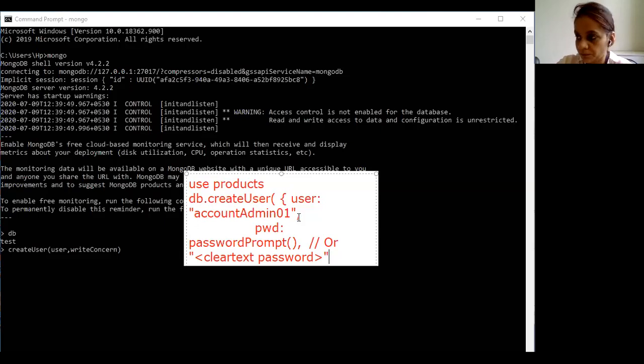It is basically the name of the user, and then we have specified the pwd field with passwordPrompt, and whenever we mention passwordPrompt, it will prompt for the password for the given user. Then a clear text password we have specified in this case. So if we want to create a user with roles, we can define the roles. And if we want to create a user without defining any roles, then we can skip it.